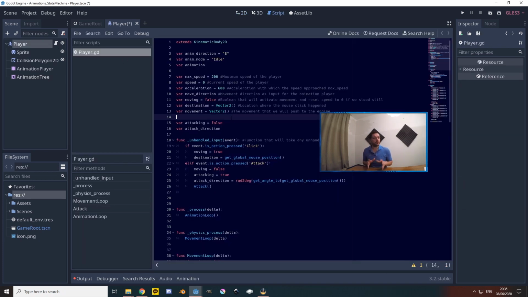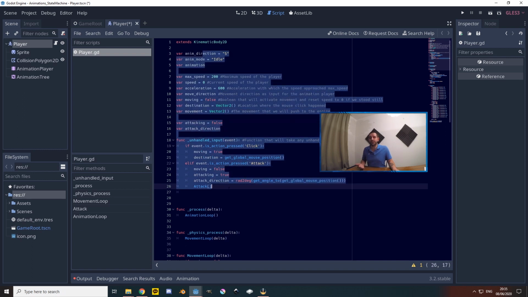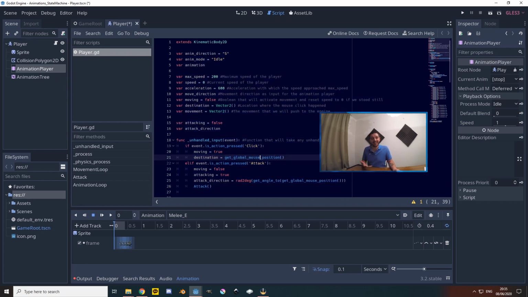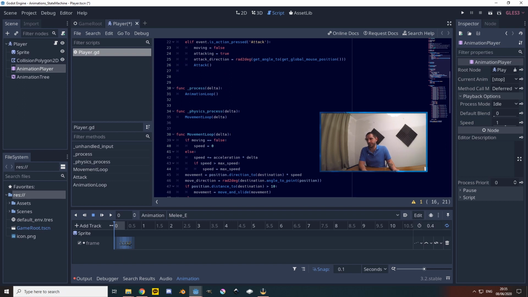And let's start off with coding by ripping out all the lines of code that we no longer need. This is of course the script from our previous tutorial where we only had the animation player and we were setting the animations through the code. Now that we're setting the animations through the animation tree, a lot of code can be removed. This helps give us an overview, and it will also show you how many lines of code the animation tree can substitute for, and therefore how powerful it is.